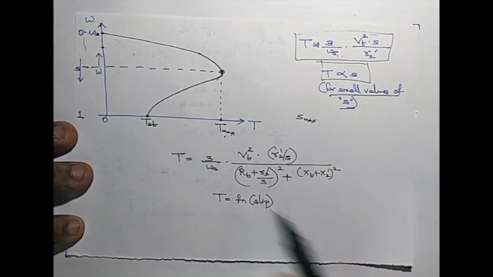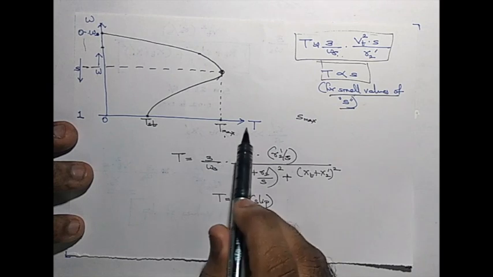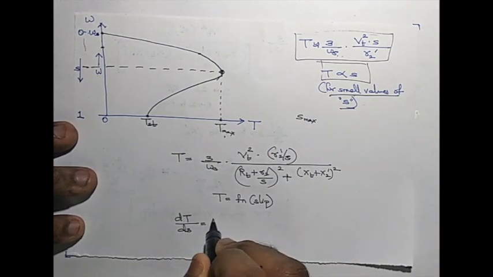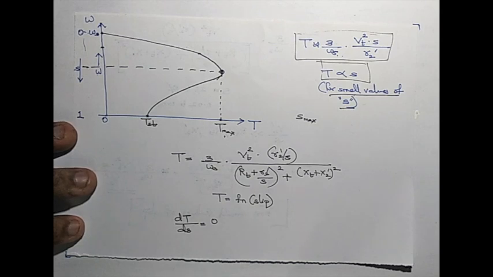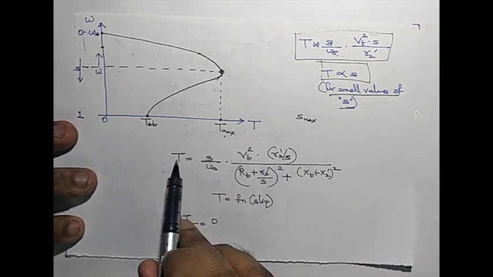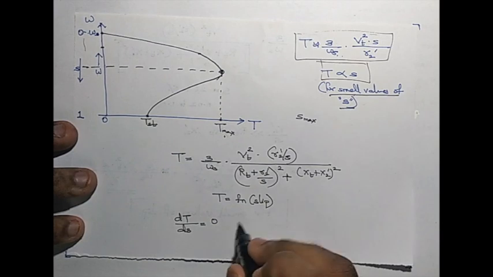So what is to be done to find out the maximum torque? Just differentiate torque with respect to slip and equate it to 0. Probably you would have done it in your machines course, so I am not doing it again. It's a cumbersome process to do on paper. If you differentiate this with respect to slip and equate it to 0, you will get